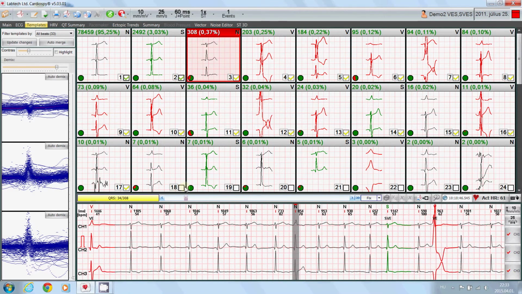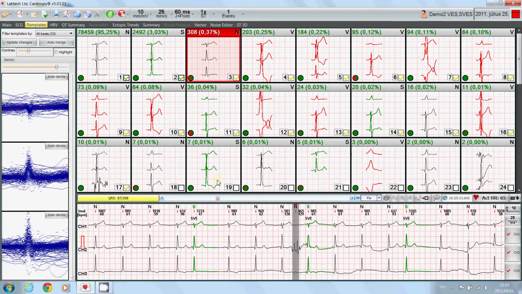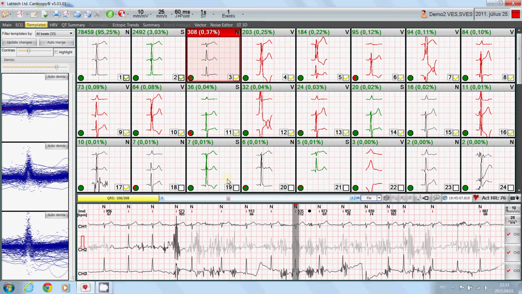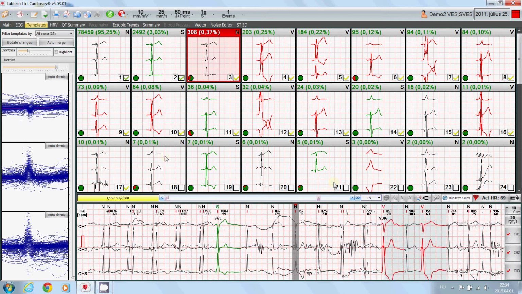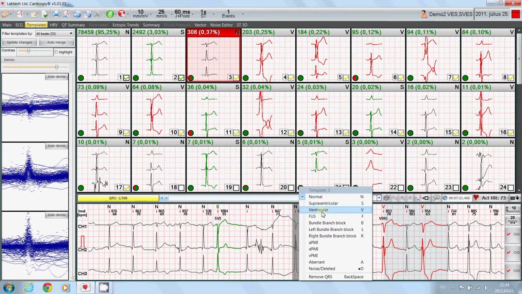However, by looking at the individual beats in this template, you can see that some of them are plain noise, and there could even be beats which are not normal, like this one. In this case, since most of the beats are still normal, what you can do is to manually mark those beats that are not normal